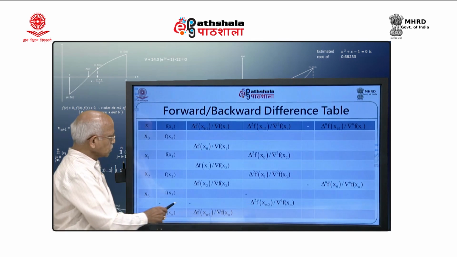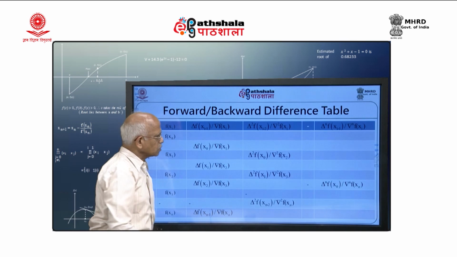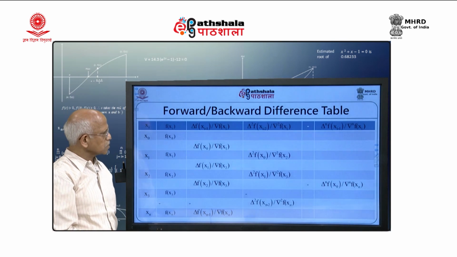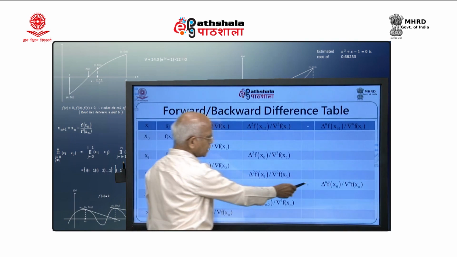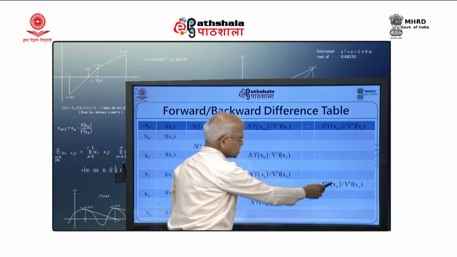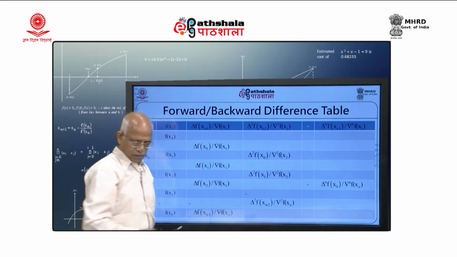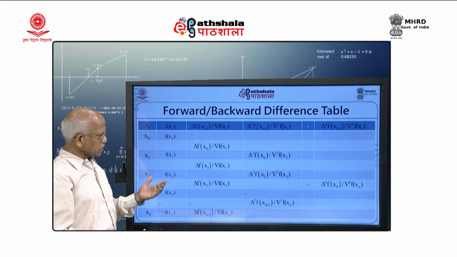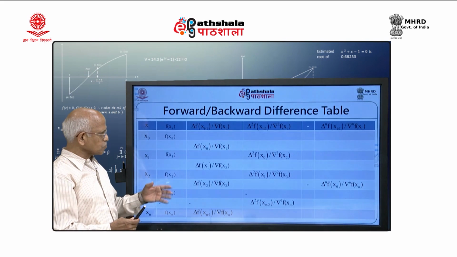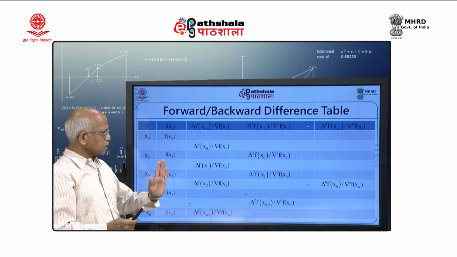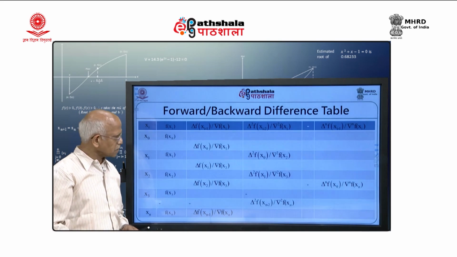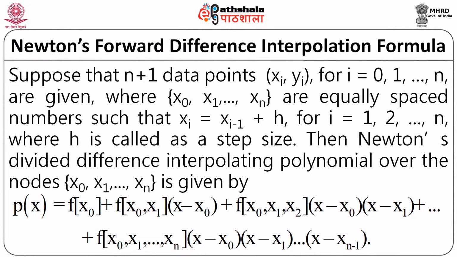So, that is how the relationship continues even for the higher order differences. And finally, I will get delta n f x 0 will be the same as del raised to n f x n. So, one is expressing differences at x 0 and the other is expressing differences at x n. Now, we are going to use these finite forward and backward differences to generate interpolating